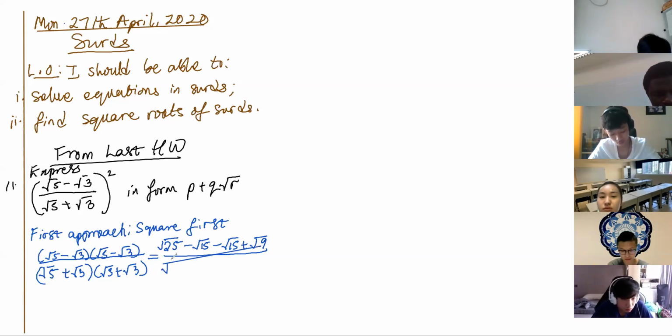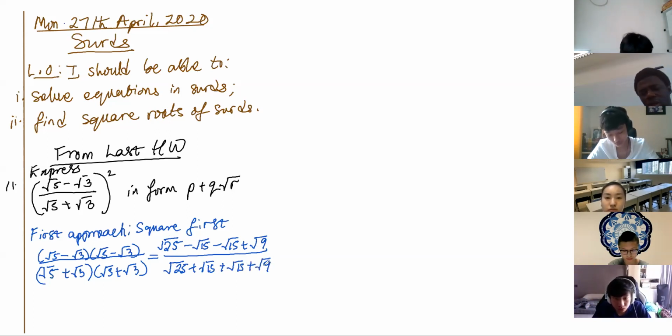Similarly, I get root 25 plus root 15 plus root 15 plus root 9. I'm just writing it out; I could have written 5 here and 3 here. I'm just being slow with it, so as not to assume that everybody can be that fast. So I'm going to be having 5 minus 2 root 15